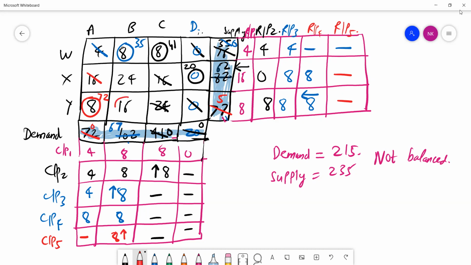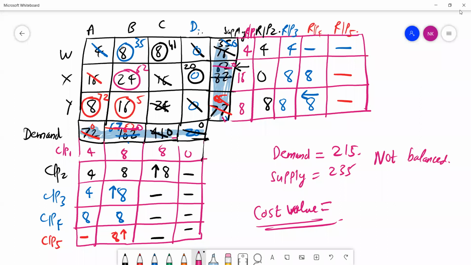So over here, allocate in this particular cell 67 and 5. So allocate 5 over here. It's 62. That will be left. This will be 0. So now we are done with all the rows and the penalties. In the next step, you will be getting dash in all the values. So just fill out the remaining portion, which is this one cell only. So allocate 62 units over here. This will be 0. This will be 0. That's it. You can just do the multiplication and then the summation to find the cost value.